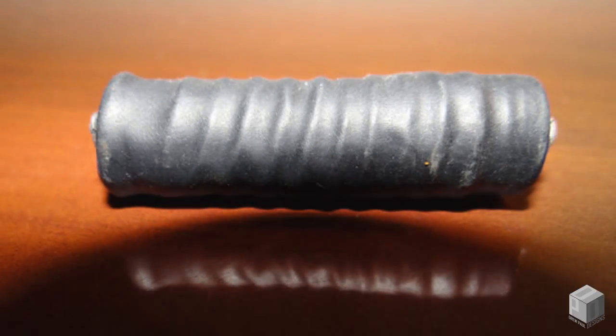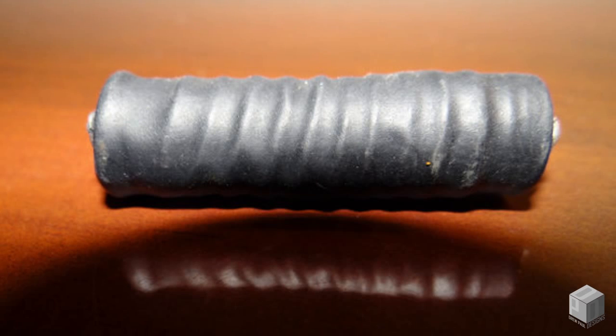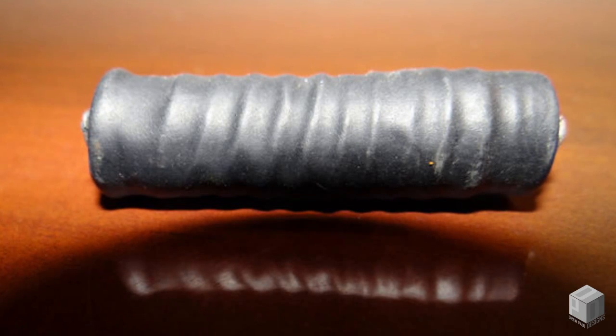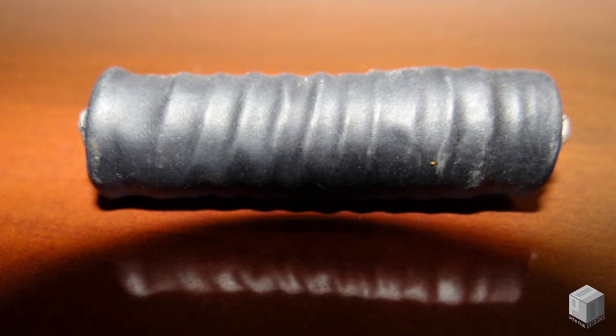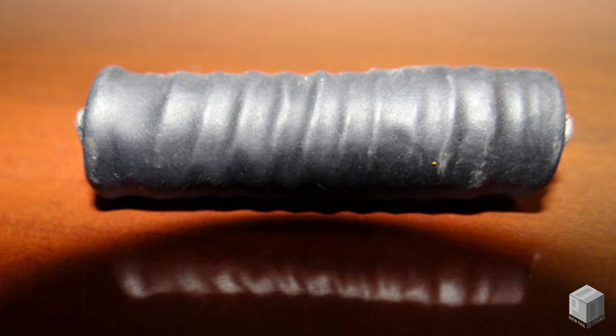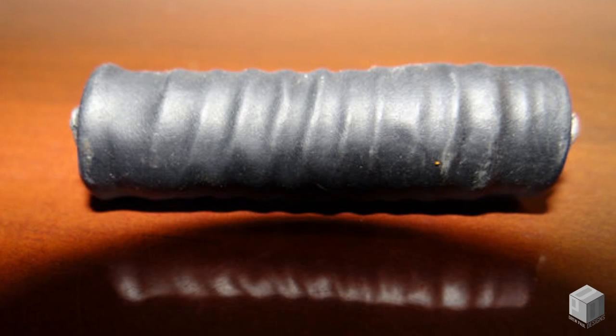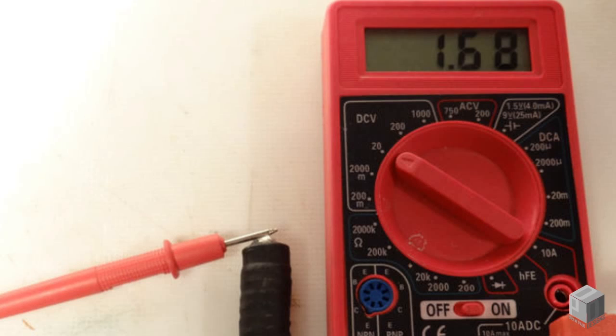Today, we're going to learn how to easily make our own batteries from very inexpensive household materials. An AA battery is a standard-sized cylindrical battery commonly used in portable electronic devices. The exact terminal voltage and capacity of an AA-sized battery depends on the cell chemistry, but they're usually rated at